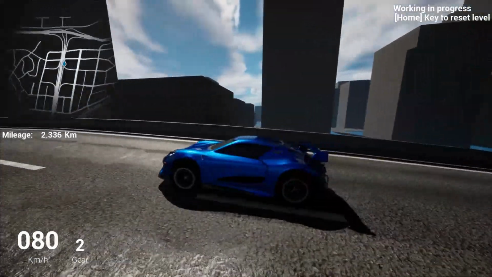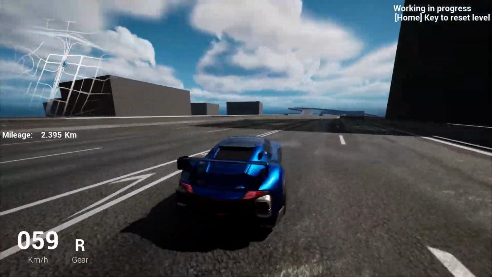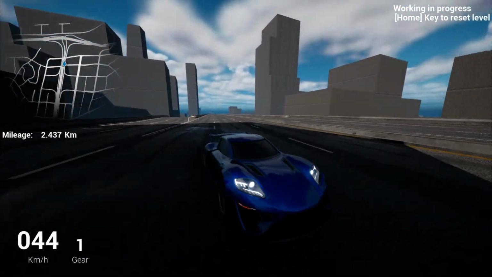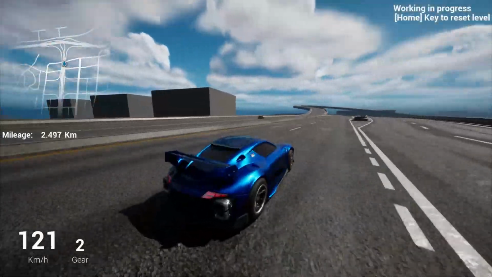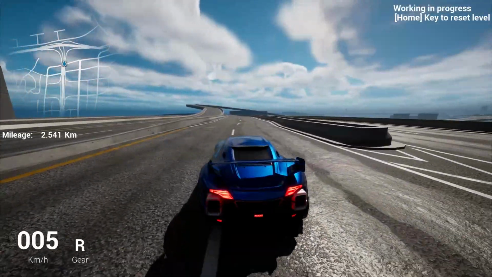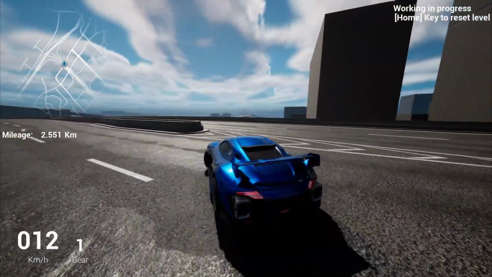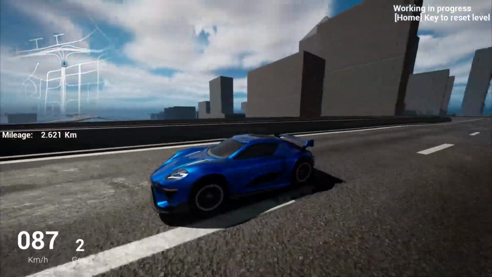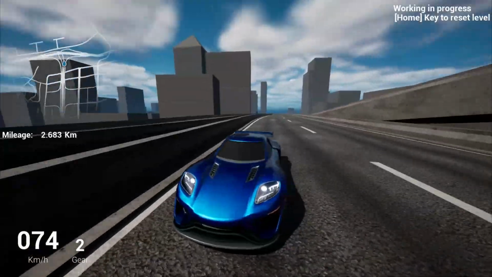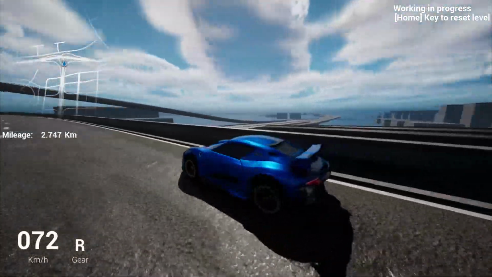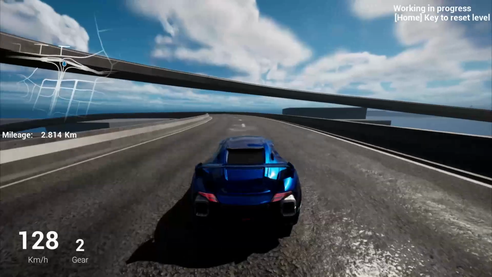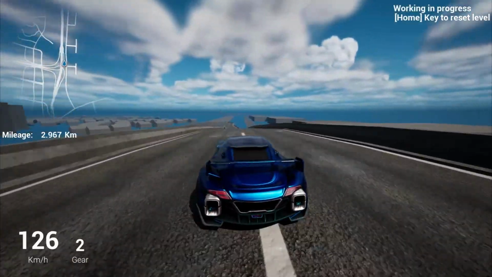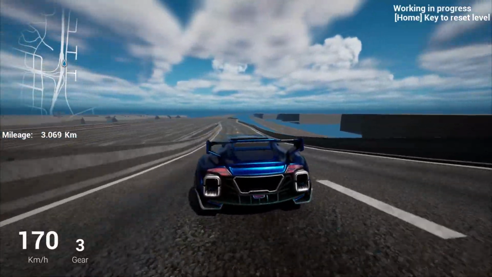I'm going to enter the highway. This highway cuts through the city, and here is an interchange which leads to different directions. This highway kind of orbits around the city center. If you drive this way, it's going to lead us to the west. If you keep going this way,